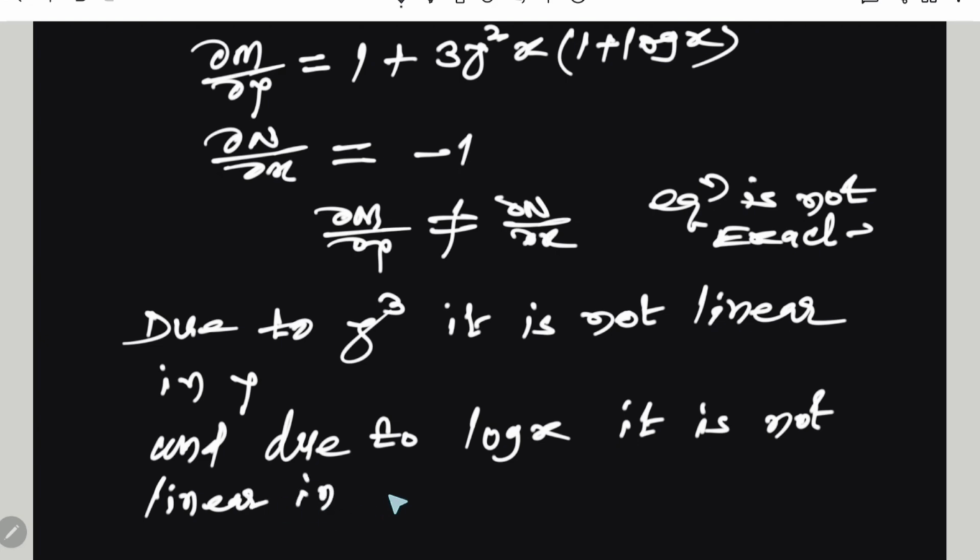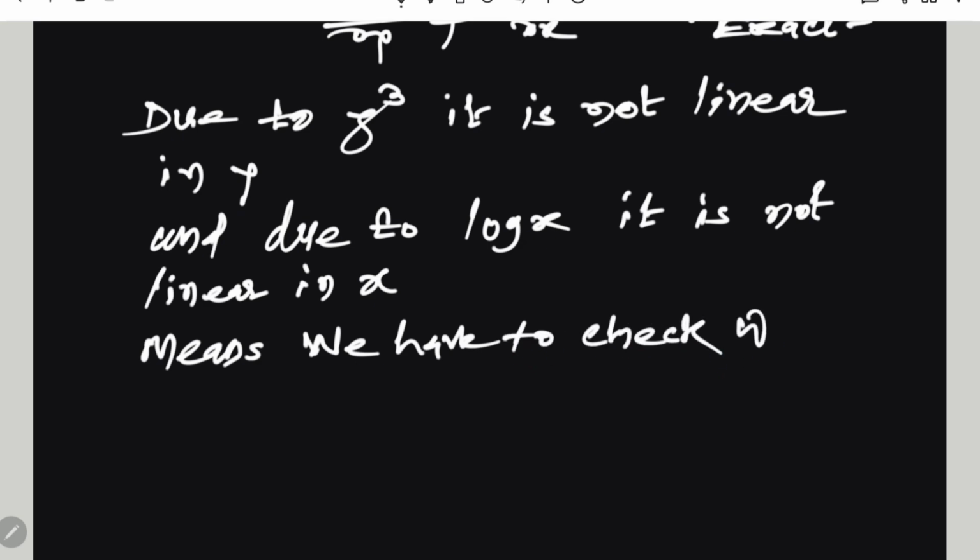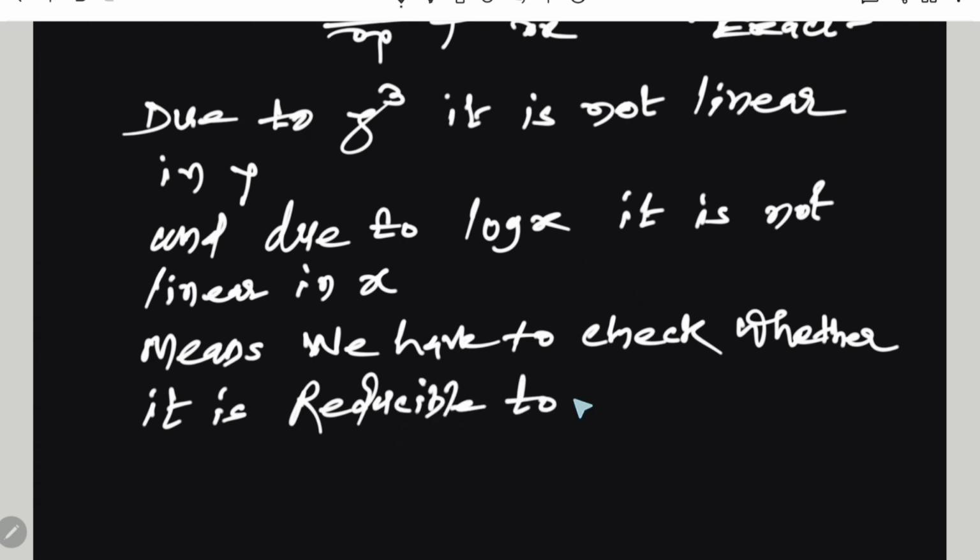This means the equation is neither exact nor linear, so we have to go for the next method, and that next method is reducible to linear, a Bernoulli's form,